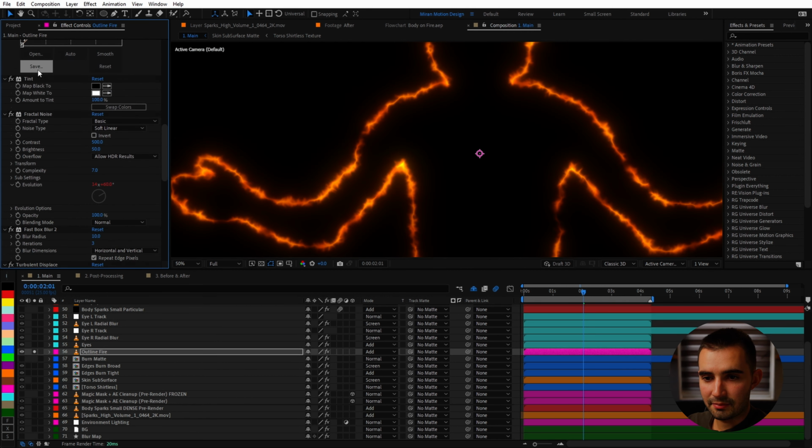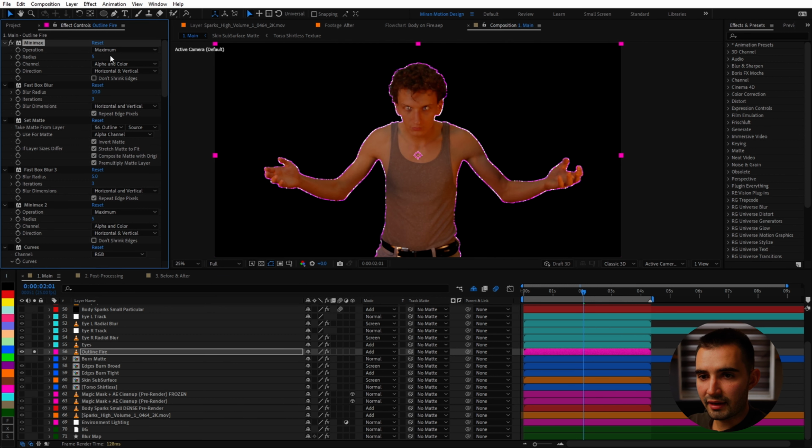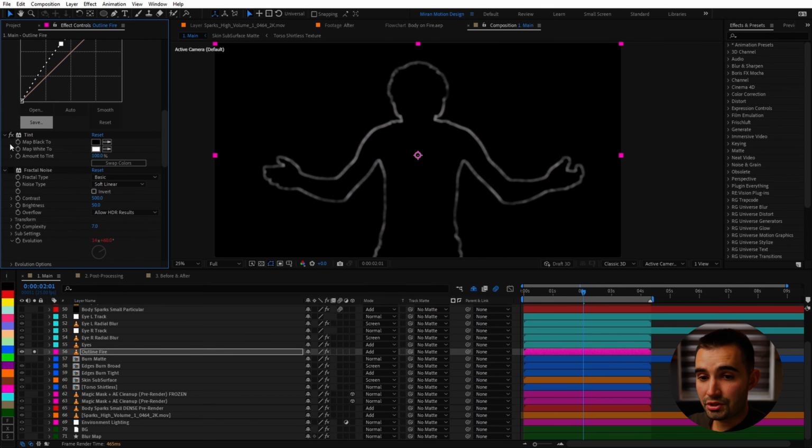And you'll see that it's made up of a bunch of effects. First of all, I'm using the Minimax effect to expand the alpha channel. Then I'm blurring it out. And again, I'm using the set matte on itself to cut out a hole and leave us with this outline. I'm blurring it some more, using the Minimax effect again to thicken the outline. I brighten up those values with a curves effect, got rid of the colors with a tint effect, composited some noise on top with a